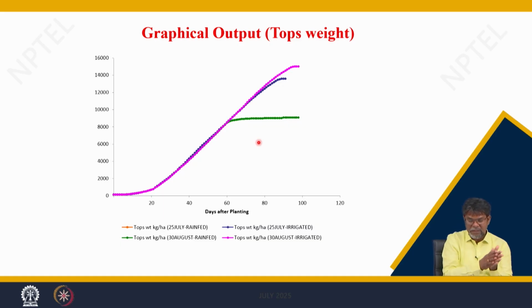If you see 60 days after planting, the crop has come to the flowering stage. You planted on August 30, and 60 days comes to around 2 months, September towards October, and during that period there is probably no rainfall. So, there is no enhancement in the biomass, whereas for the other two there is. If you irrigate for the 30 August irrigated conditions, the biomass is increasing, the crop gets a sufficient amount of water, there is a significant increase in biomass, and 30 August irrigated shows the highest biomass among all the treatments.